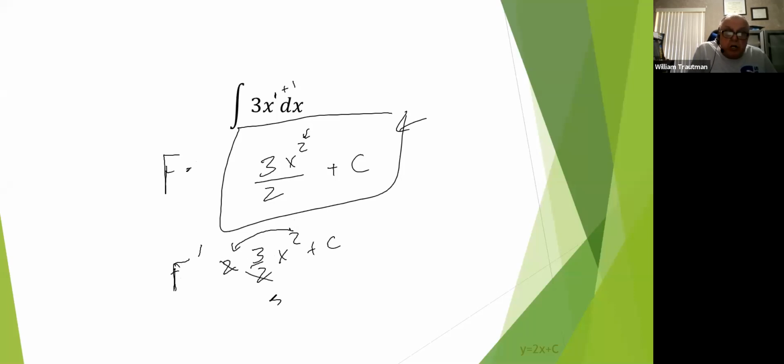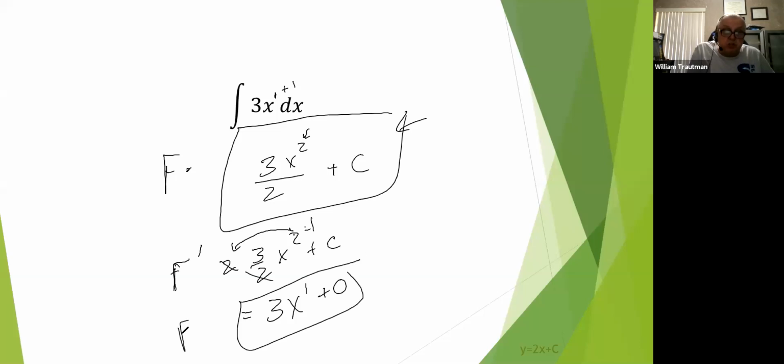These cancel out, and you subtract 1. 2 minus 1 is 1. And the derivative of a constant is 0. So there's the derivative. We're right back where we began. But 3x is the same thing as 3x plus 0. You see, if I integrate this, if I didn't know